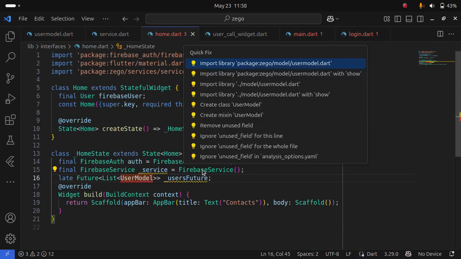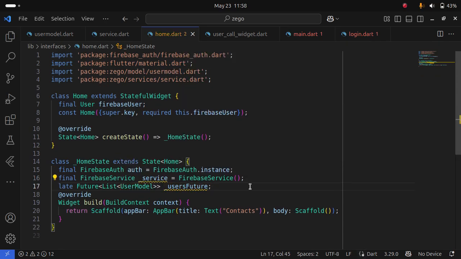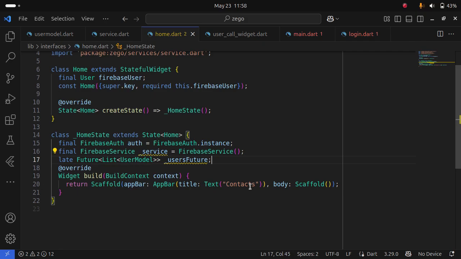We import our user model. So we use these to